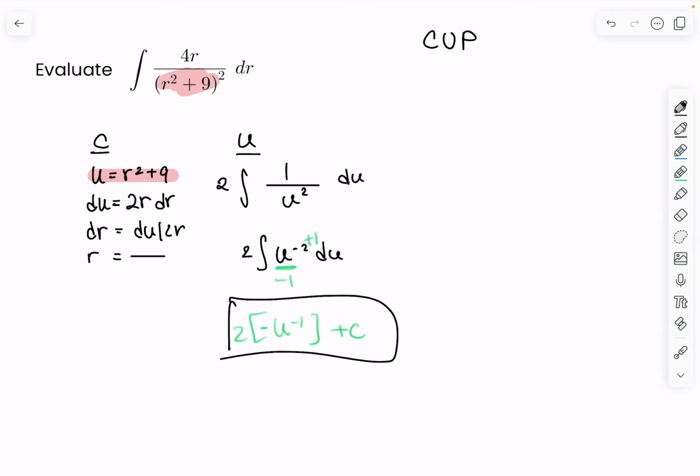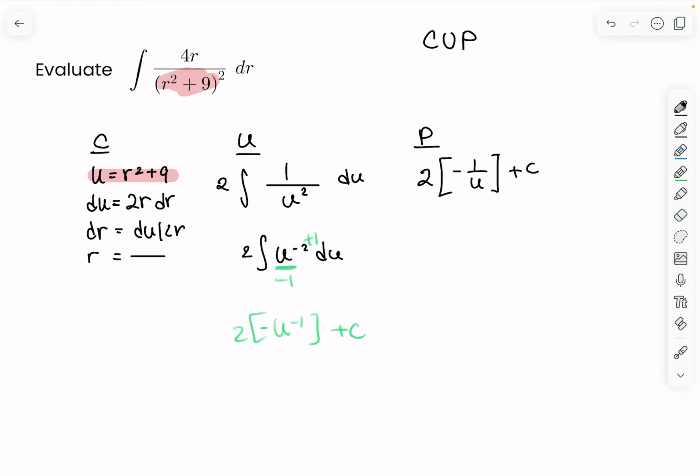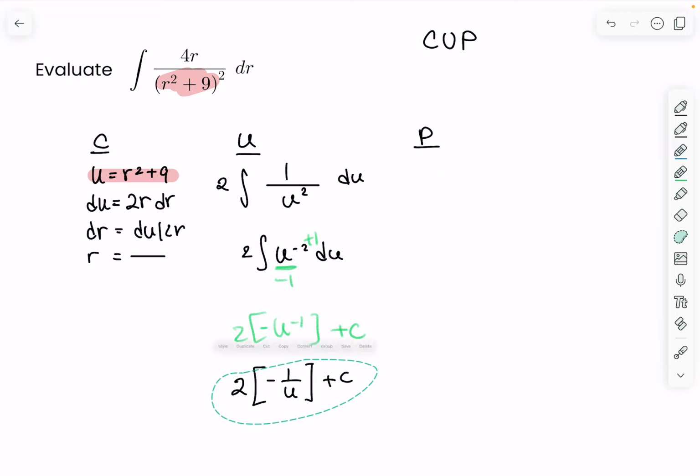And so this is my answer to this problem, but it's in terms of u, so that's why we have the back part in cup, and it's really just saying, hey, plug u back in. So we have u, and I'm actually going to rewrite it to be negative 1 over u plus c, so we can make things easier. I could also distribute the 2 in. I could distribute the 2 in, so this becomes just negative 2 over u plus c, and then I plug in my u, right? My u is r squared plus 9,